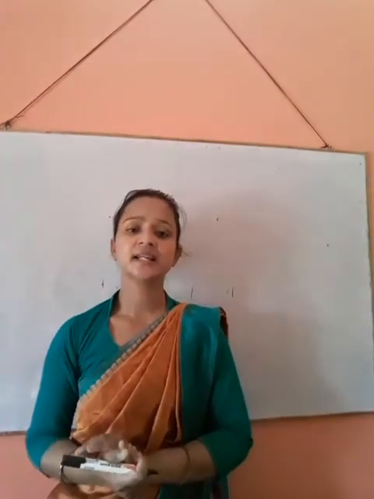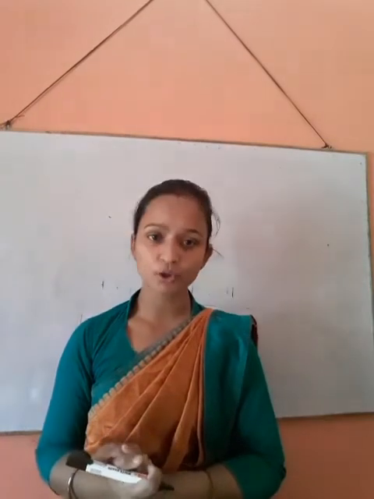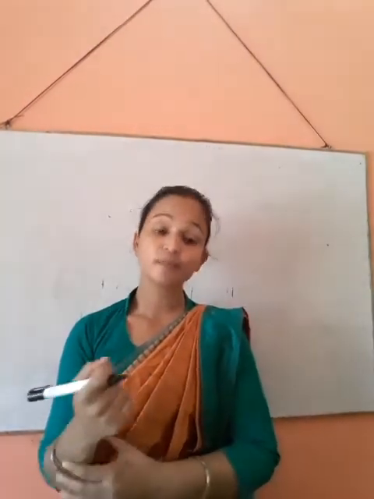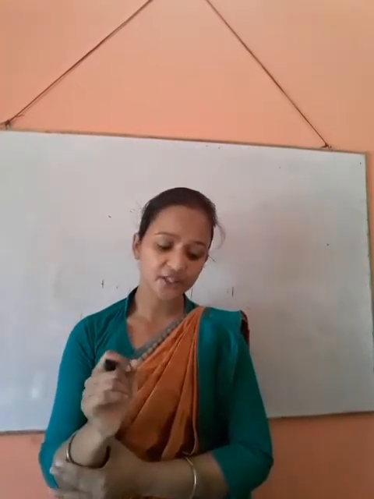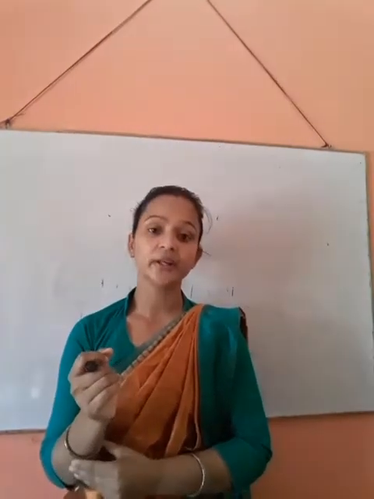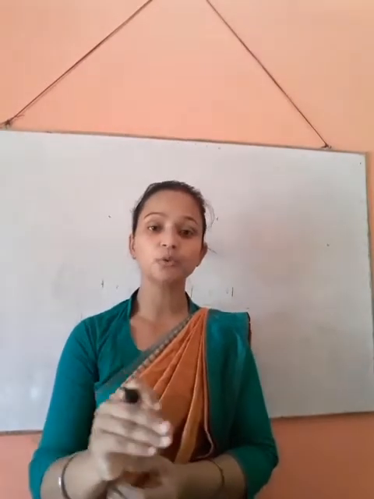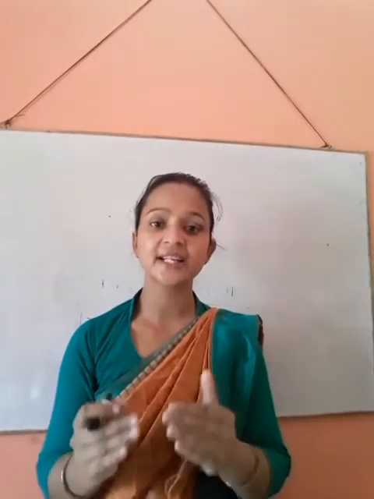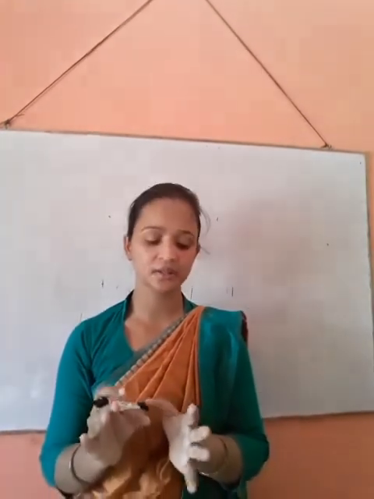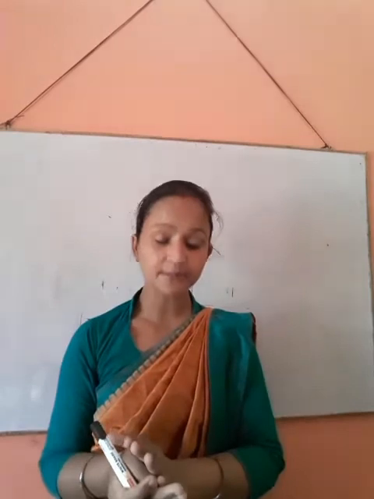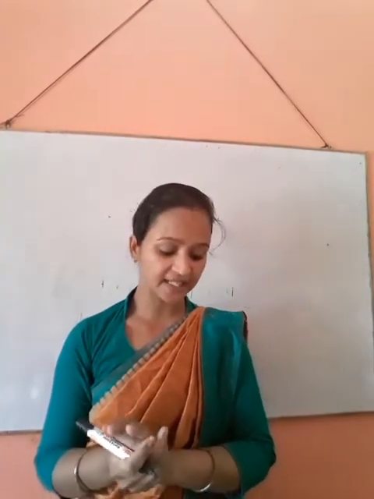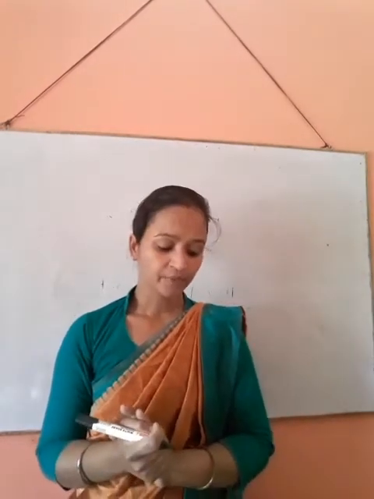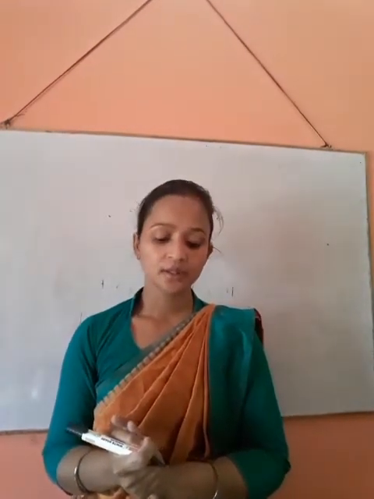And in this I explained different kinds of motion. The first motion was translatory motion, the motion in which all the particles of a body move through the same distance in the same time, which is called the motion of translation. It is of two types: the first is rectilinear and the second is curvilinear.